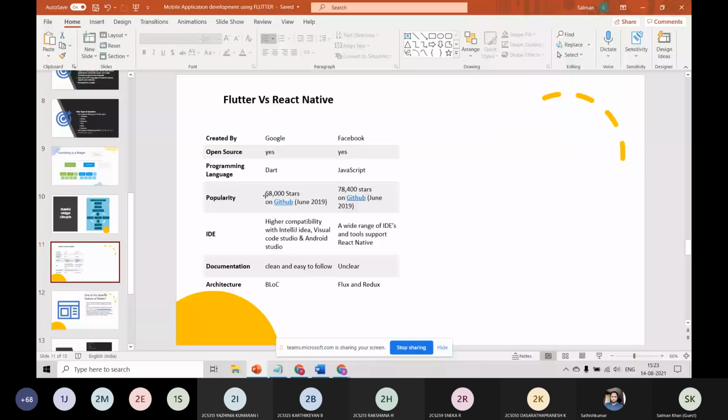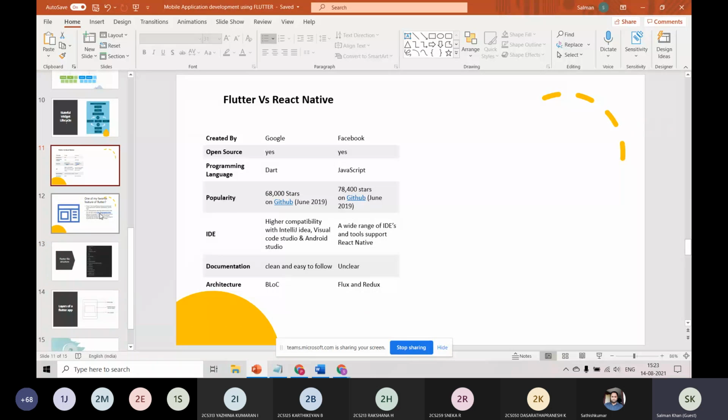But Flutter is introduced now, and the market is nearly overtaking React Native because the main thing is Google. Everyone wants to be a Google developer, and that was a dream for many of you here. I don't know how possible it is, but of course being a Google developer is something to be proud of, and so many people are trying to adopt Flutter because although it's a new language, everyone feels it's the best thing.